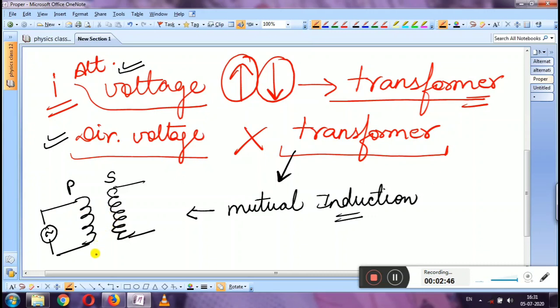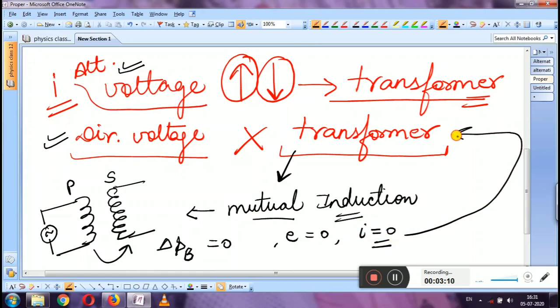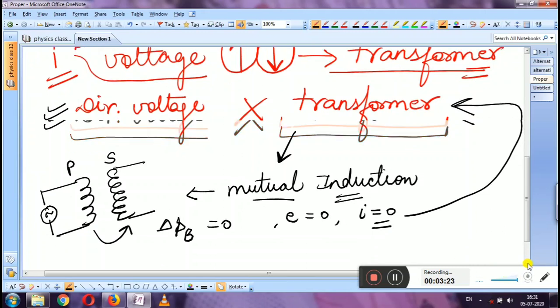ठीक है, तो आप लोगों ने ये पढ़ रखा है कि म्यूचुअल इंडक्शन तभी वर्क करेगा when there will be change in magnetic flux, right? If there will be no change in magnetic flux, no EMF will be induced, and if no EMF will be induced, there will be no current. और यही चीज़ है जो डायरेक्ट वोल्टेज के केस में लगती है. अगर कोई करंट ही प्रोड्यूस नहीं होगा तो ट्रांसफार्मर से हम कैसे करंट को बढ़ा पाएंगे या कैसे करंट को घटा पाएंगे? दिस इज़ द एक्सप्लेनेशन अलॉन्ग विद द एडवांटेज.